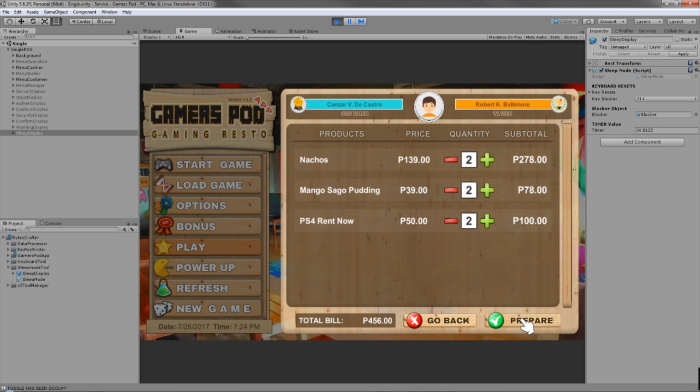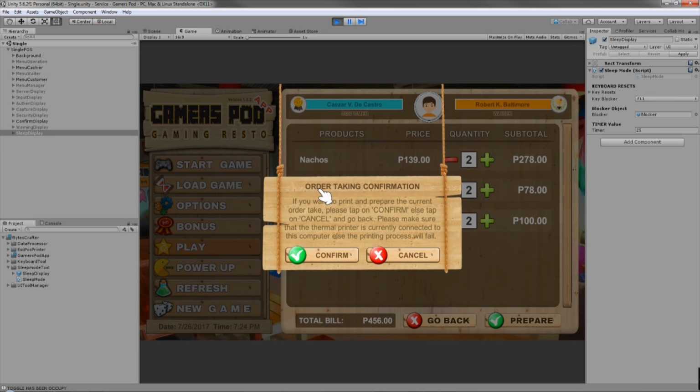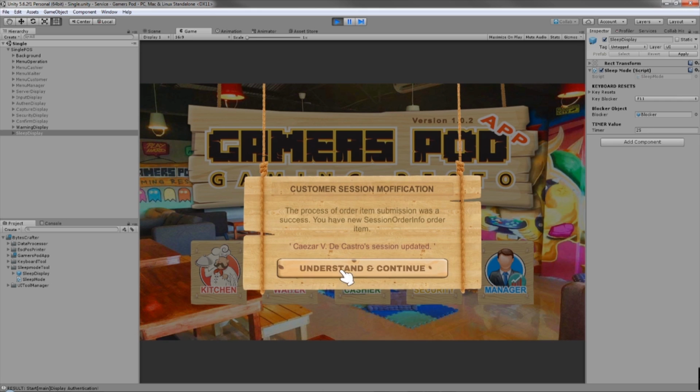And currently now to finalize, just prepare the product, and the POS will always ask, do you really want to do the current action or not, just cancel, but now I just want to confirm. As you can see, the client just requested that,